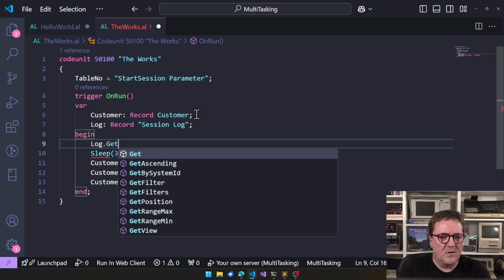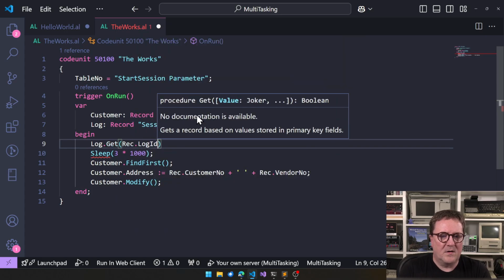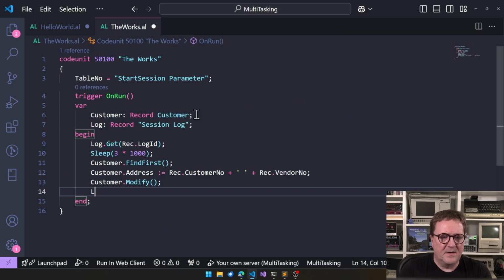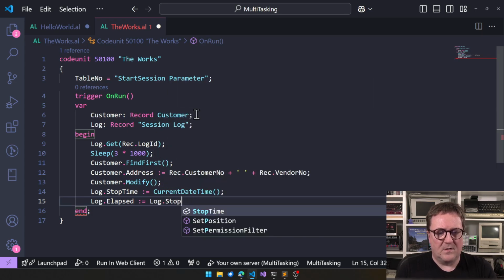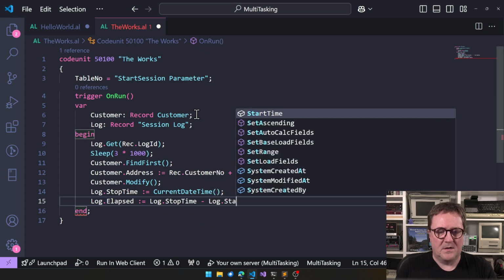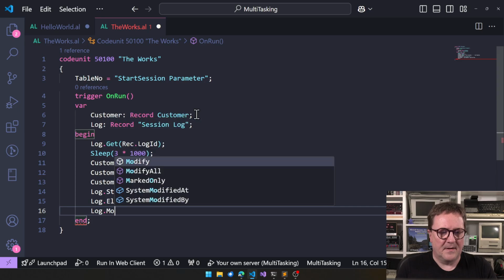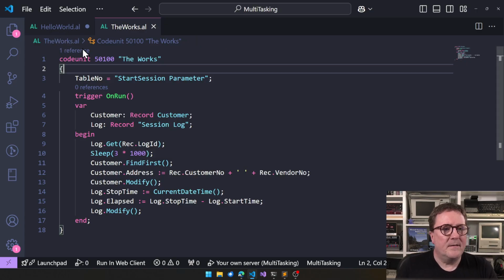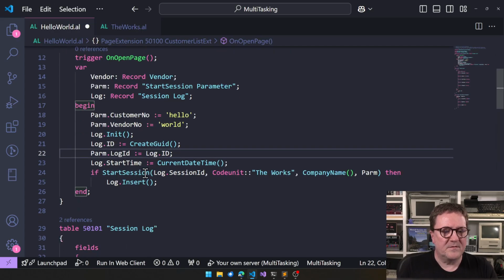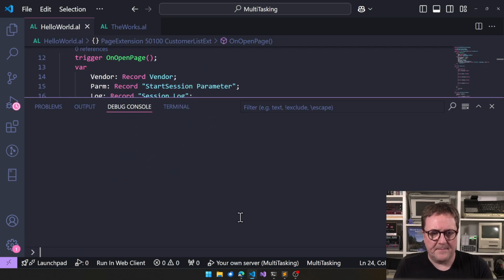So now we can go log get reg.log ID. And then we can say log stop time equal current date time, and log duration, elapsed, sorry, was log stop time minus log start time. Then we do log modify. So that will work. This was table what? Table 5001. So if we run this now,